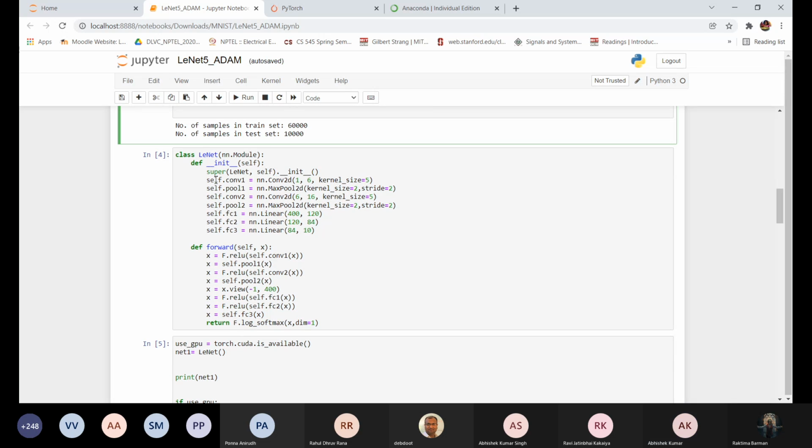And next is super. So basically super is calling the base class. So super(LeNet, self).__init__(). Basically super is calling the base class followed by the init method, so from there we can access the base class with the help of the init method. Okay, and after that we are defining the convolution layer. So here